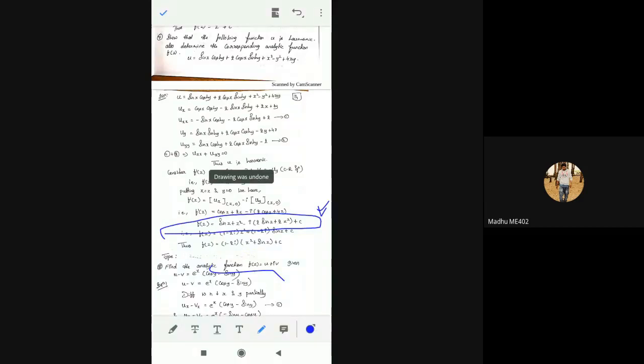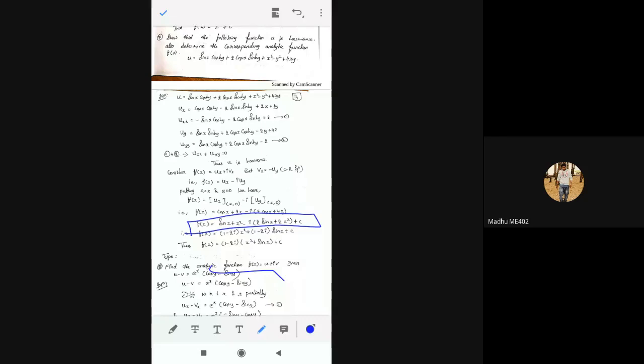So what is given? i is common, sin z is there. So you can take common some simplification. z square is common. So when you do that one, we'll get that, or else you can keep your answer like this. It is enough to write like that. So this is about f of z.